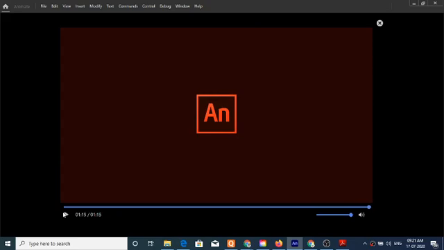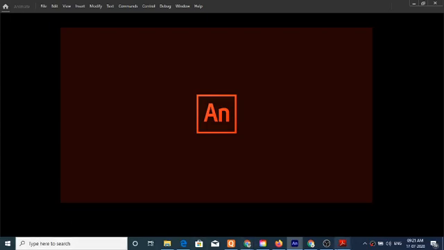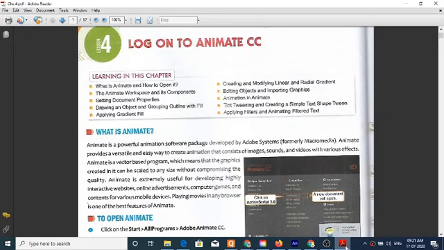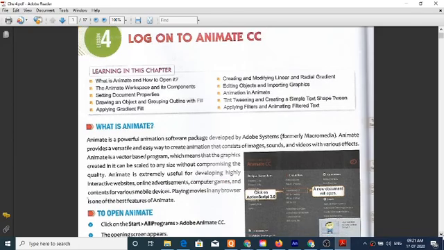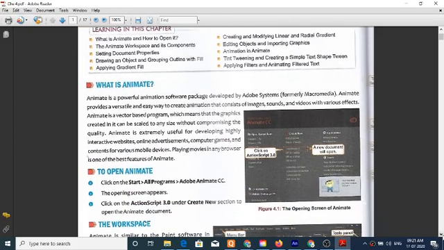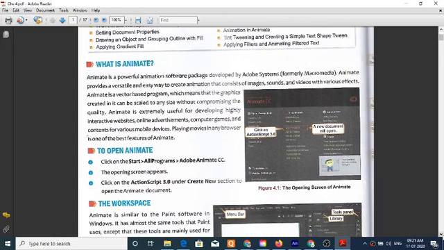Now, this is the sound with the sound and without sound. Both features are available in this software. This software is for the purpose of learning how to create animation.